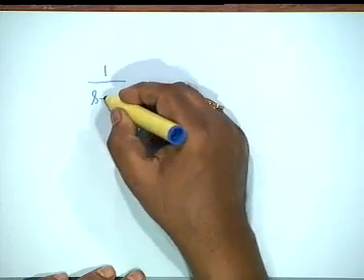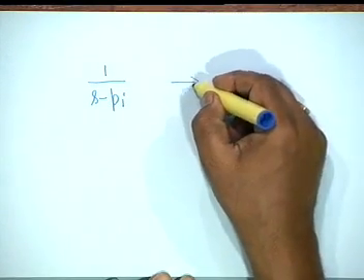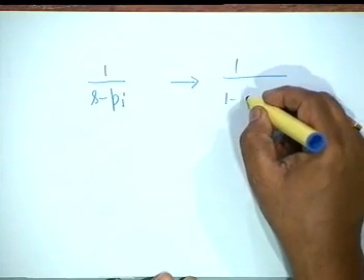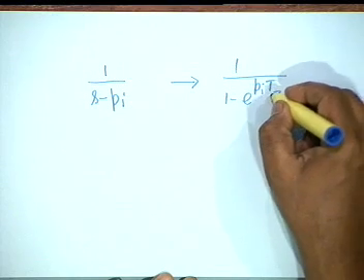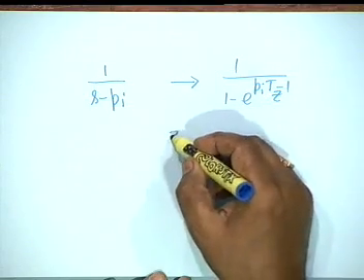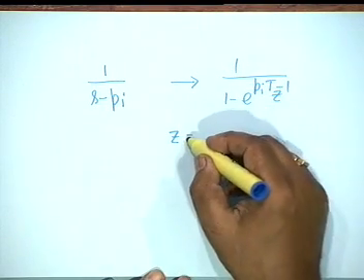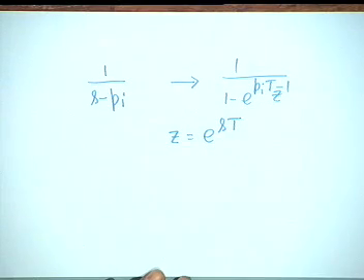So, this is what impulse invariant transformation is, and we saw that all that we do is we expand HA of S in partial fractions, and if there is a term like this, then in the Z domain this goes as 1 over 1 minus e to the power pi T Z inverse. In other words, we take care of the poles, but we cannot take care of the zeros. The transformation obviously is S equal to pi goes to Z equal to e to the pi T, therefore, the transformation is Z equal to e to the ST, and we showed that this is a stable transformation.